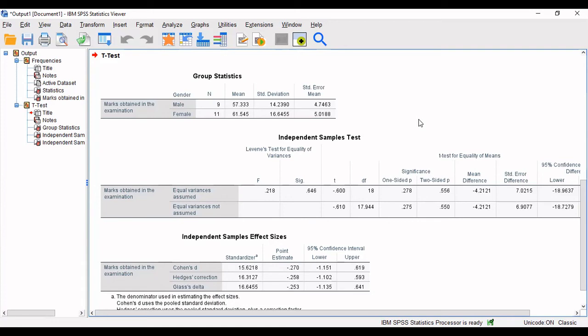So this is the table we want to interpret or draw inference from, understanding what these actually mean, the meaning of equal variance assumed, what does equal variance not assumed mean, what is t-test, mean difference, 95% confidence interval. So all these we will understand to find whether our data is statistically significant or not, to reject the null hypothesis or accept the alternative or vice versa. So this will be done on the basis of this table.